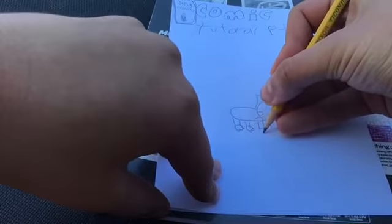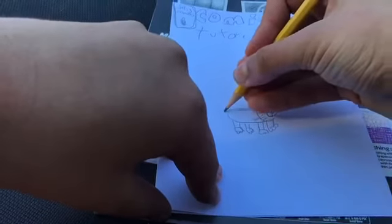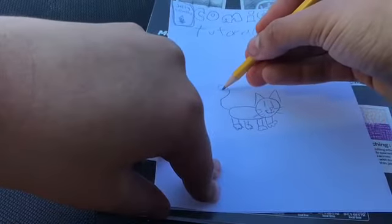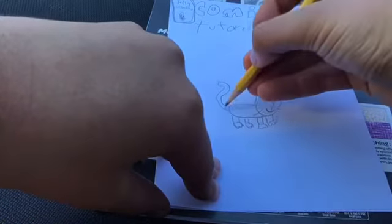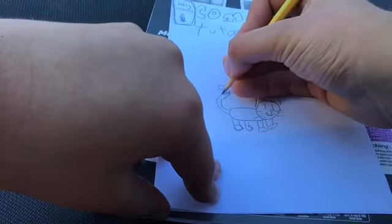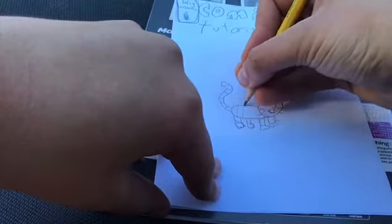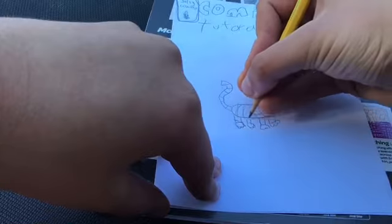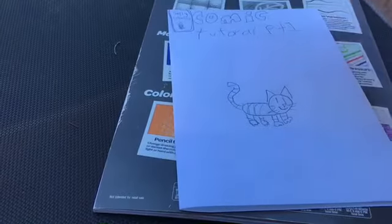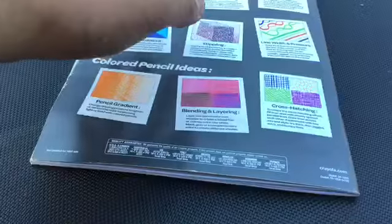Paws are not my best thing that I do in art. Anyway, and then you draw the tail. So I like starting out with a squiggly line, and then you bring it down. And then, since this cat seems kind of basic, you can just go line, line, line, line, line. You get it. But then it kind of makes the cat have a color to it. And then, now that we've completed the cover, we can take another one of our papers,